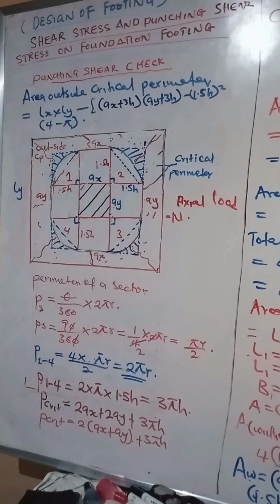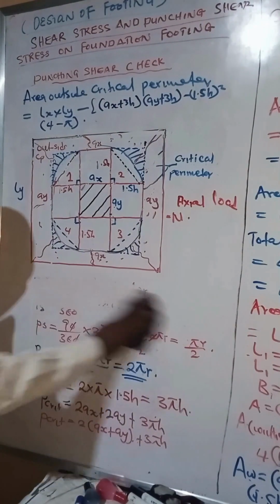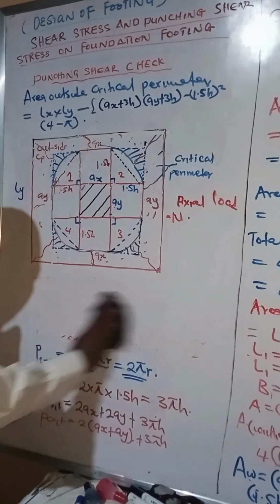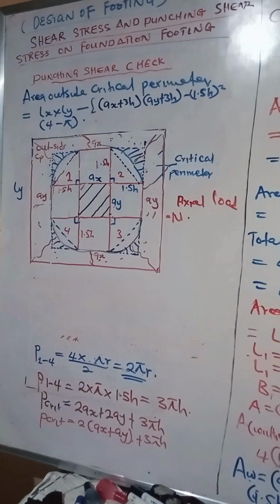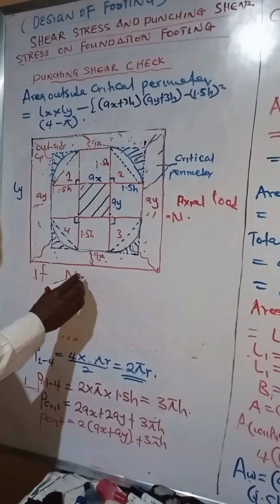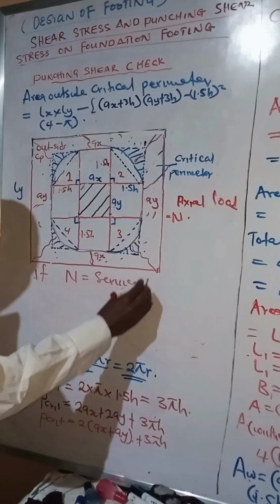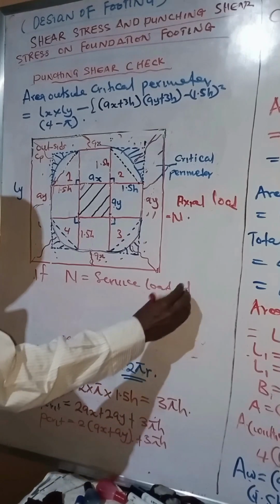So that is the assumption, and we are going to work by that assumption. So it means that when we have a service load for a column, let's write this way so that we can keep referring to what we are doing. So if we have a service load N, service load of column,